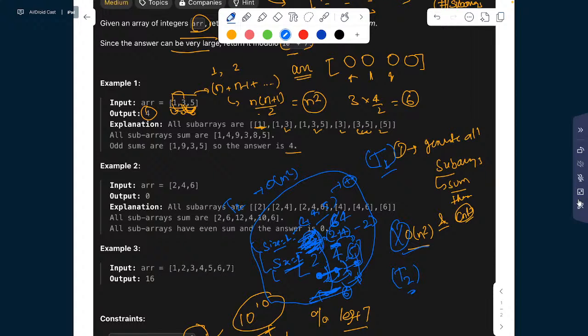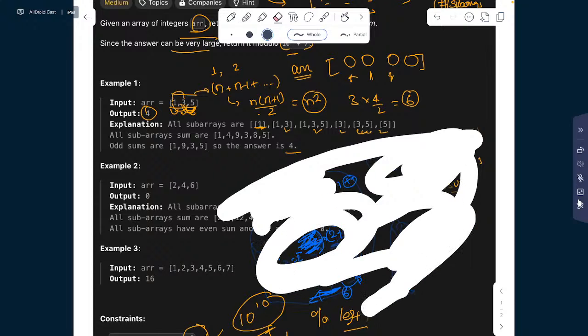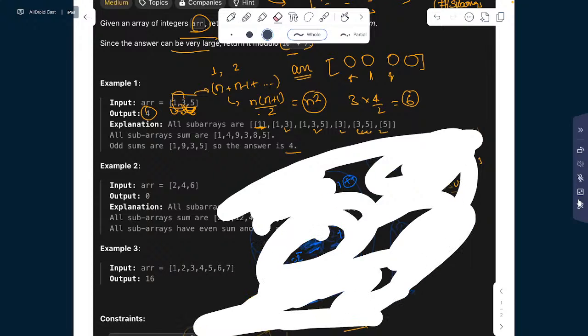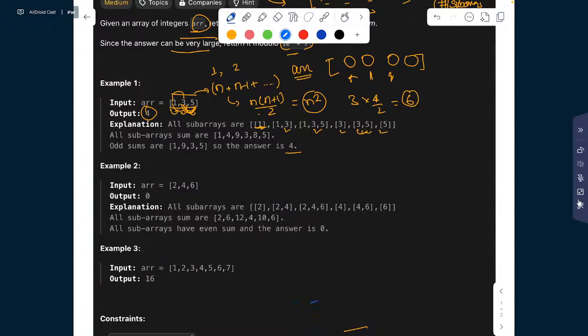Now one thing which comes to my mind is this, that since the answer itself is too large, if we count these guys one by one, you see, we're counting them one by one, it will definitely be 10 to the power 10th order, which is not good for the time complexity. So what I thought of is that we need to do some sort of computations. Some formulas can be used,